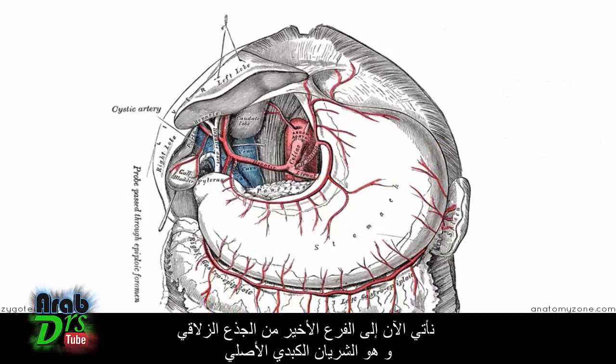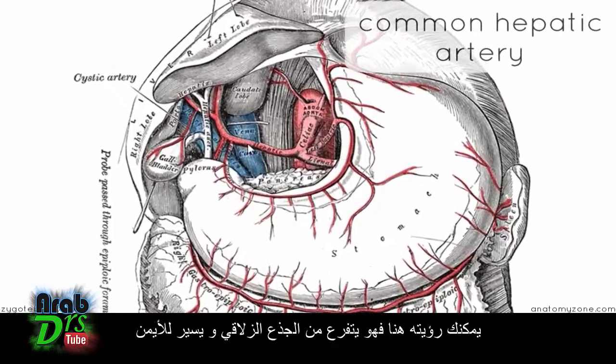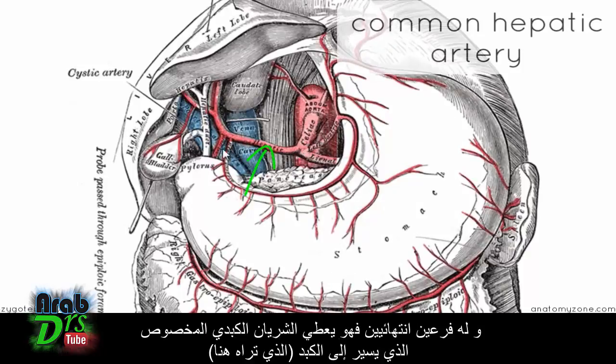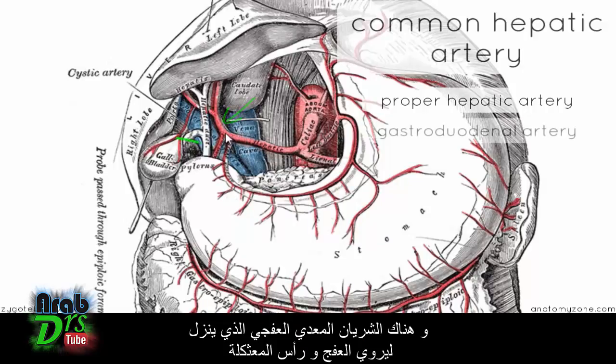So now we're coming on to the final branch of the celiac trunk. So this is the common hepatic artery, and you can see it here as it comes off the celiac trunk. It turns right, and it has two terminal branches. So it gives off the proper hepatic artery, which goes to the liver, which I'm showing you here, and it's got the gastroduodenal artery,